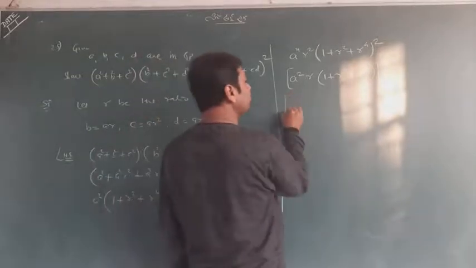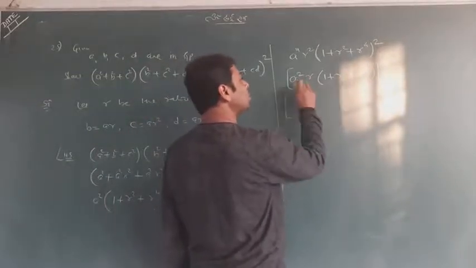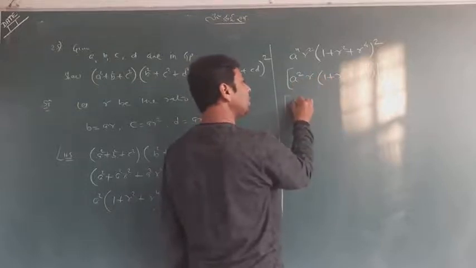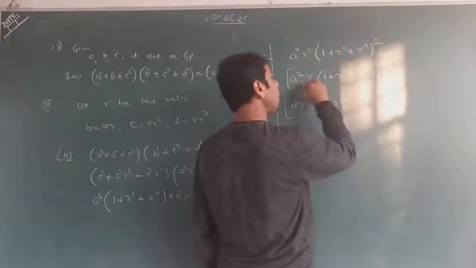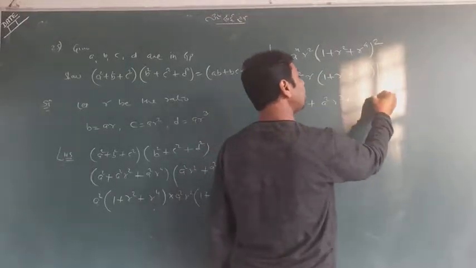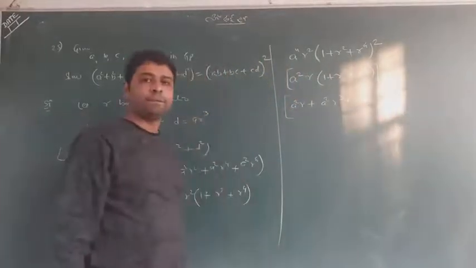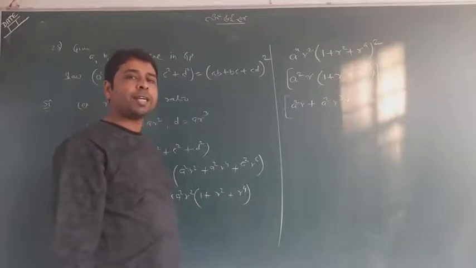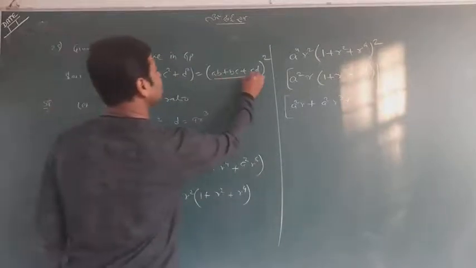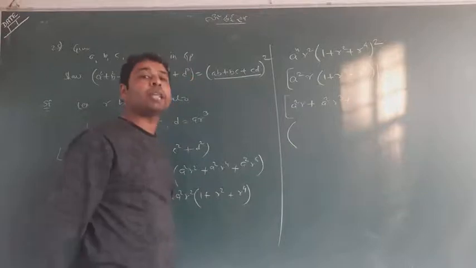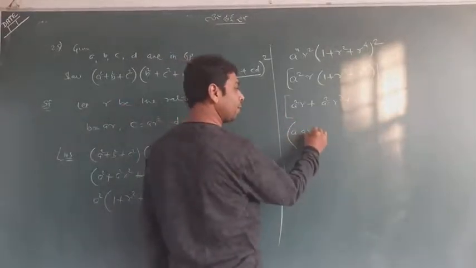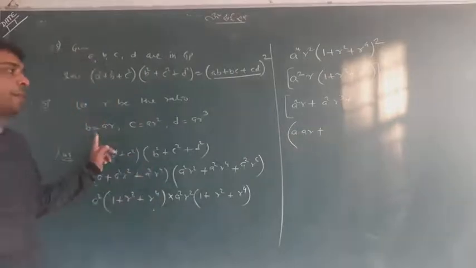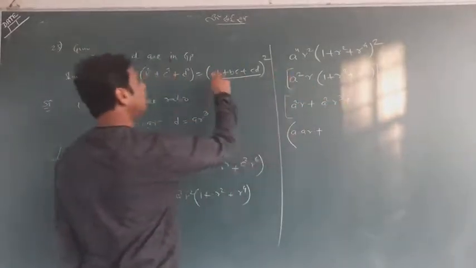Now again I am telling you something good. I'll multiply these two terms, a square into r, like that, and this is a square r to the power 5, whole square. Next, be cunning for that. You need some special term here, and arrange it like that. It is ab, so I write a into ar because ar is b. Now it is a square r cube. We need bc.